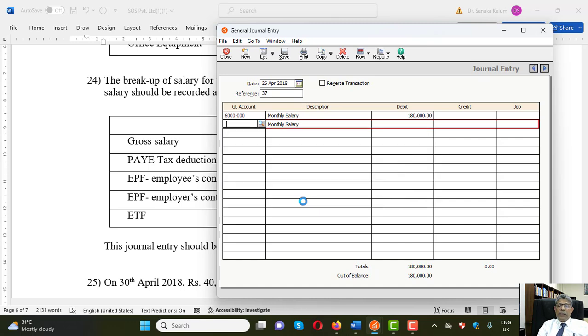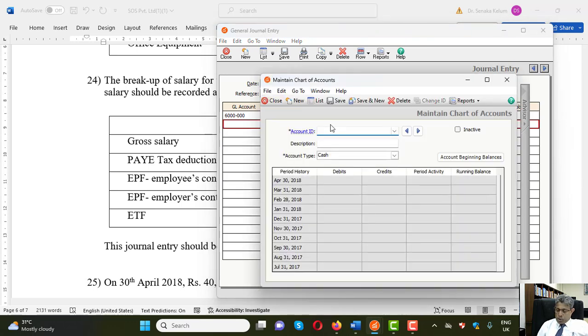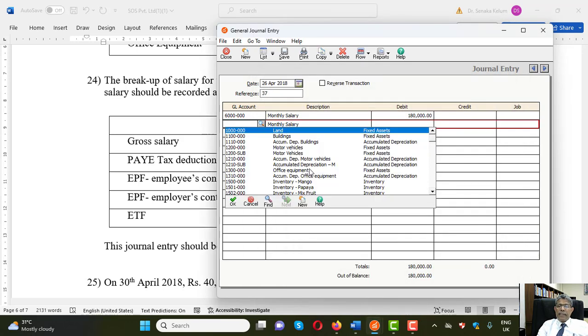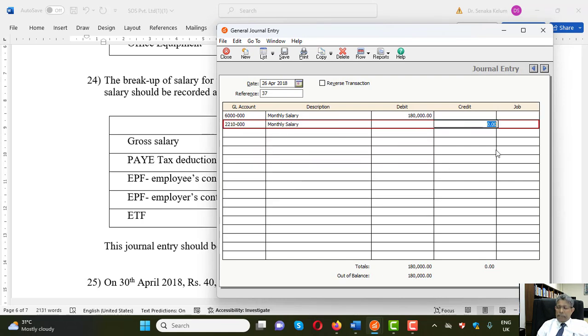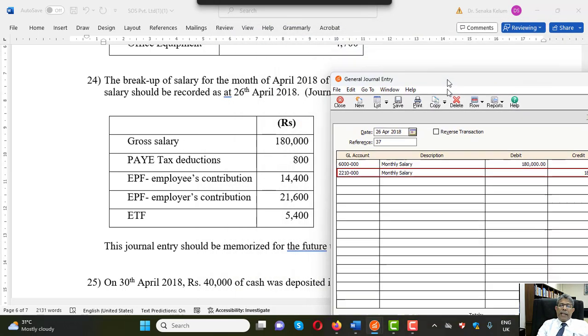So the new account needs to be created. 2210 000, it's the fruit drink salary payable account. The type needs to be other current liability. We can save that, and that account can be taken into consideration here, salary payable account. And the same amount can be credited there, 180,000. Then we have to calculate the payee tax deduction from the